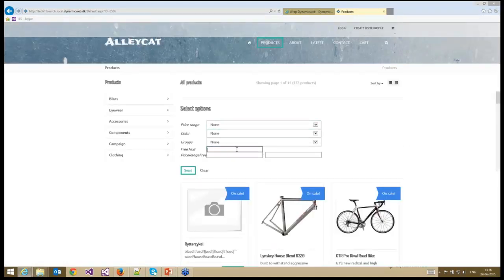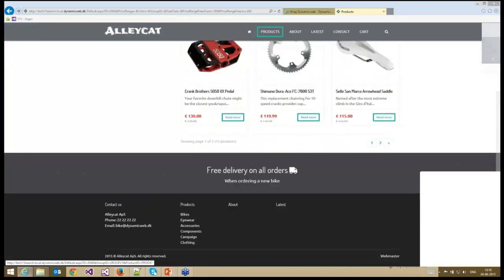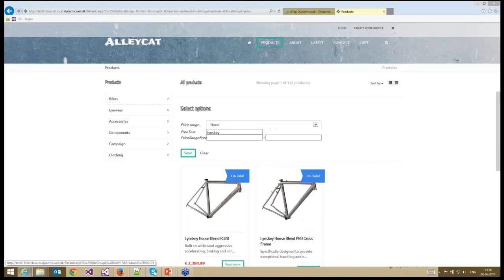I have a free text and I have a price range free. The price range free is where I can specify, let's say 100 and 200. I could click send, and then it finds all products in that range. I could also do a free text search. So let's say I want to find, what's it called, Linsk E. There's an S, like I could do that because I can see that there's a name right there. I could do send, and it finds all the products that have that value inside of it, and all the